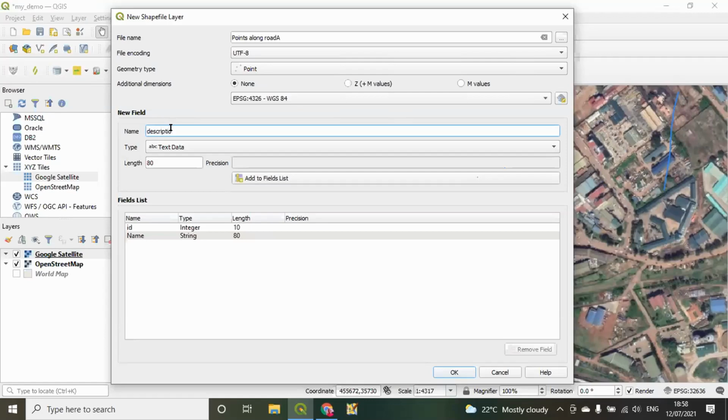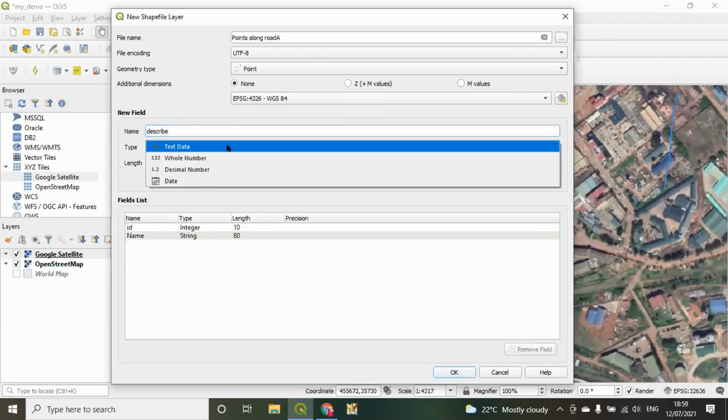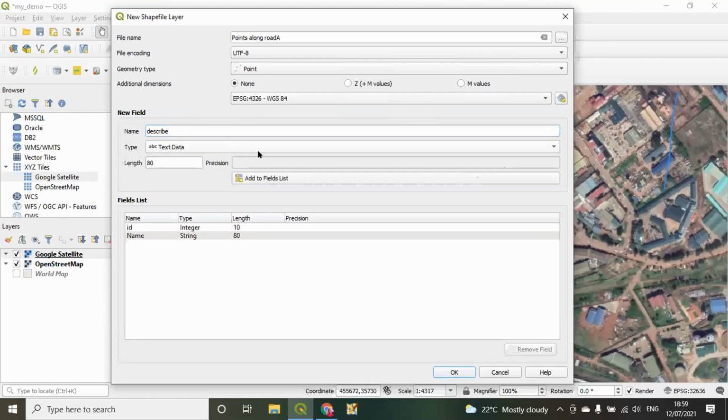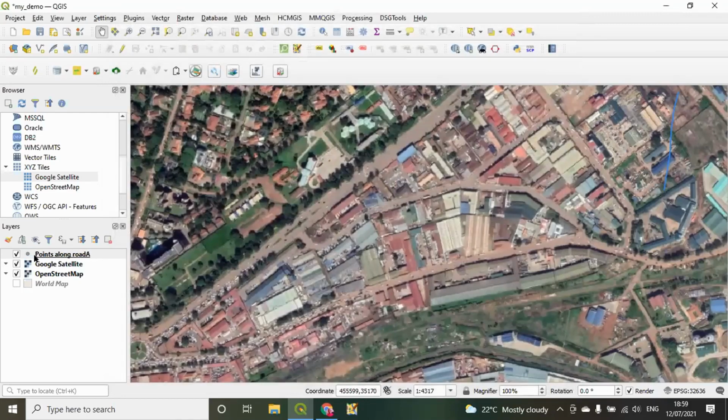Description. Looks like the numbers can be limited here, but yeah, you can use that to describe. So it can also be a text, so I add to field. Then when you've finished putting all those things that you want, you can say okay, and then you have it here,